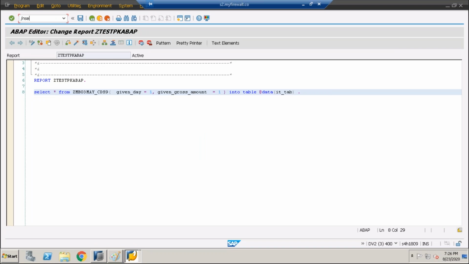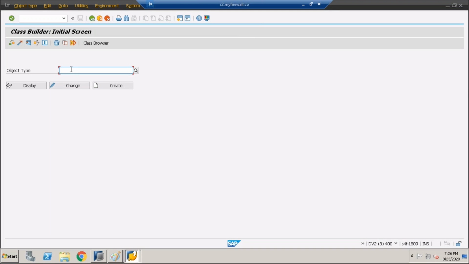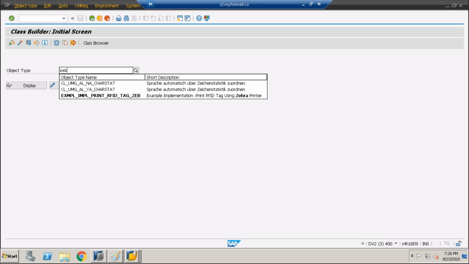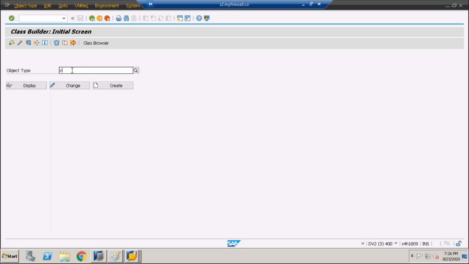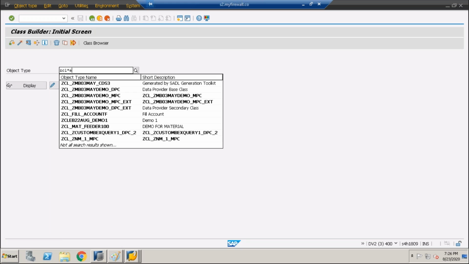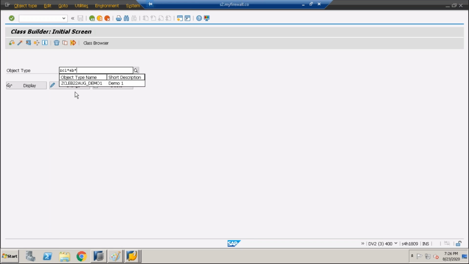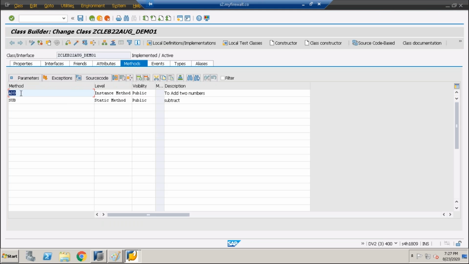Go to SE24, and here yesterday we created ZCL_EB. Going to the change mode. This class we created yesterday, and in this class we have created two methods, sum and add method and subtract method. Okay,